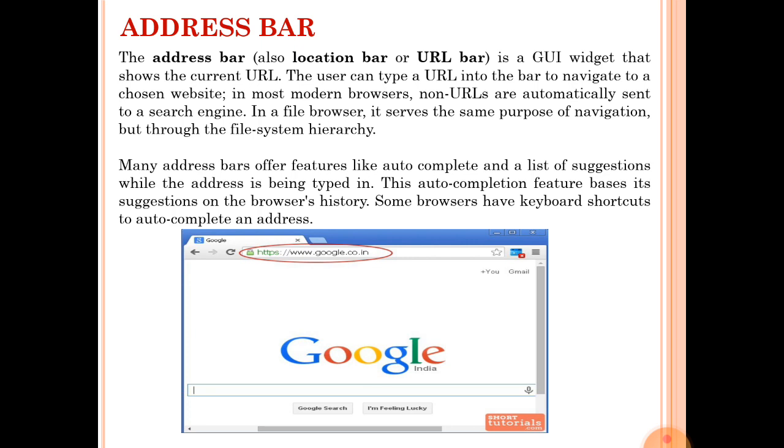Each web page or website that we open, that history will be shown in the history of the web browser. So when we type any address in the address bar, the suggestions will be shown from the history. The same URL you have opened will be shown in your suggestions. You can select the suggestion and open the same web page or website.